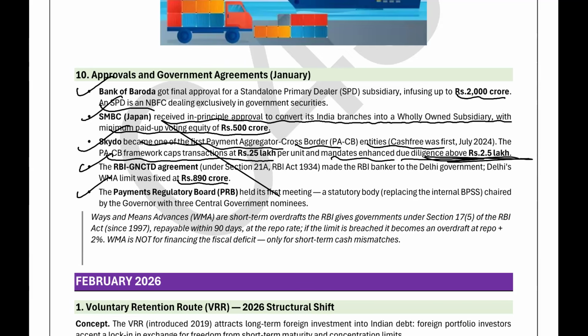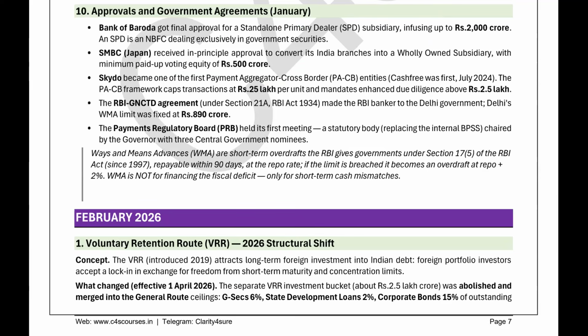Is it clear? Now, the Payment Regulatory Board, that is PRB, held first meeting as statutory body, replacing the internal BPSS chaired by the governor with the 3 central government nominees. Right? This is all about the news. Okay? And this is all about the circular of